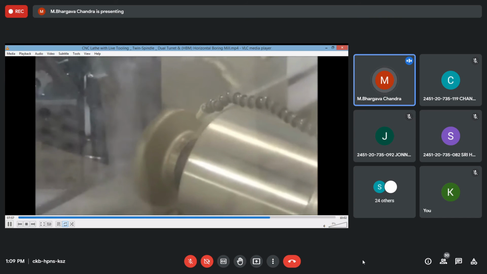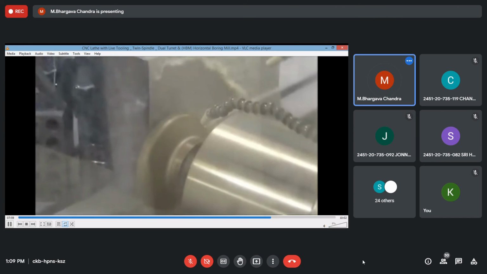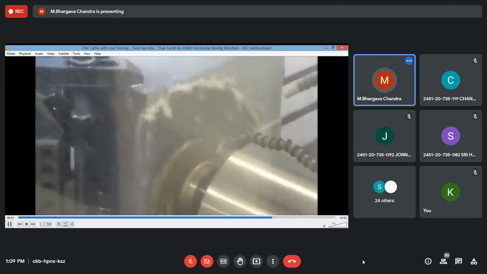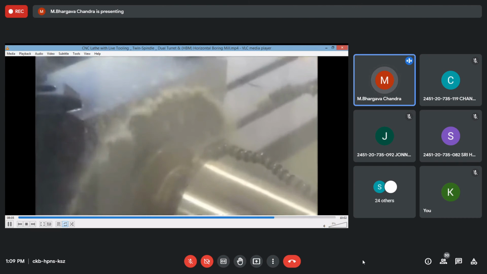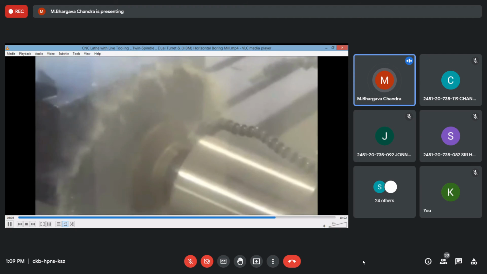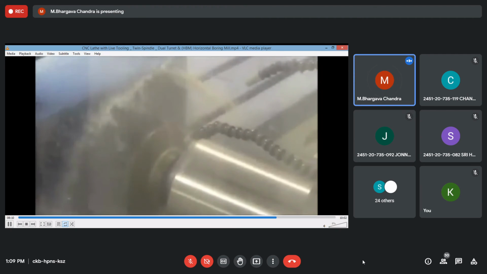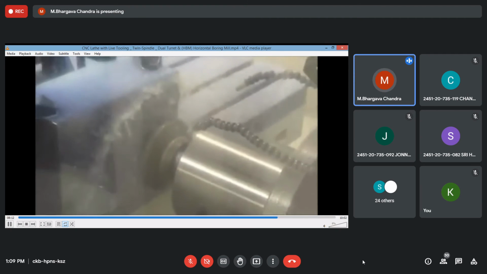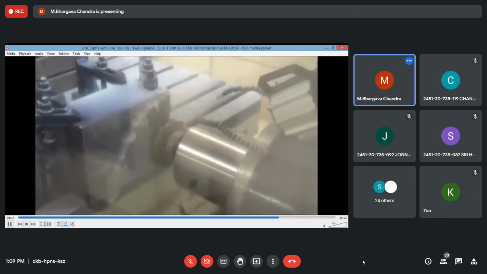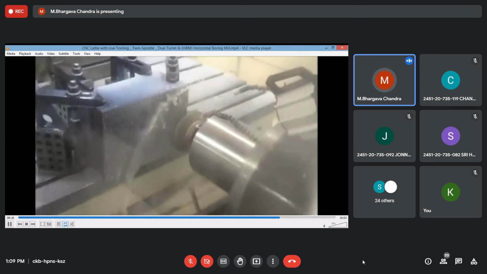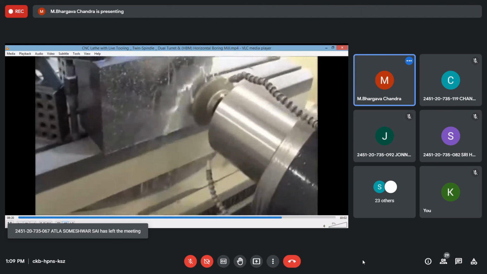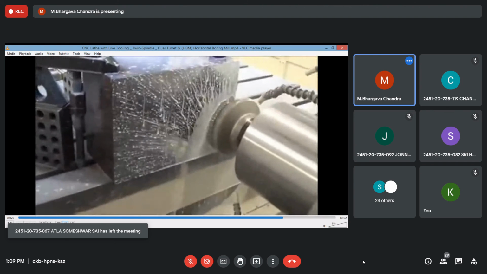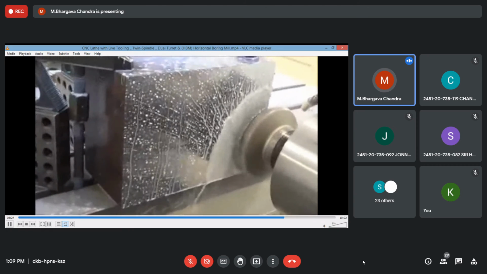That liquid you see is nothing but a coolant to remove the heat generated because of the operations, because of the friction. If the heat is not removed from time to time, there are chances of damage to the tool bits. So this is a grinding operation. It's a grinding wheel. So in a single machine, all operations are performed. The coolant also acts as a lubricant.